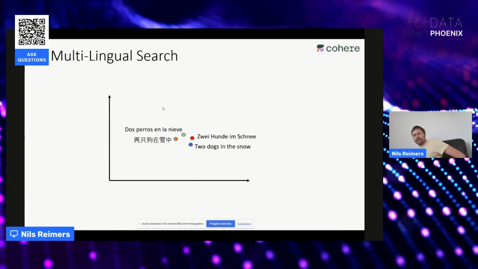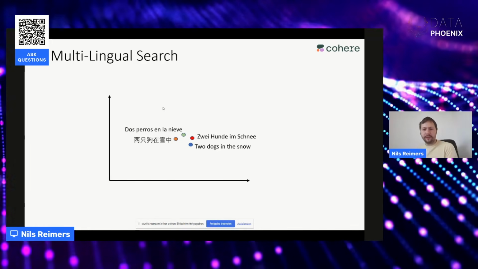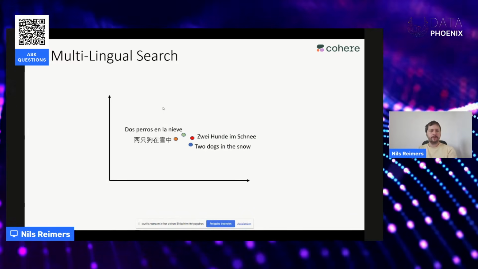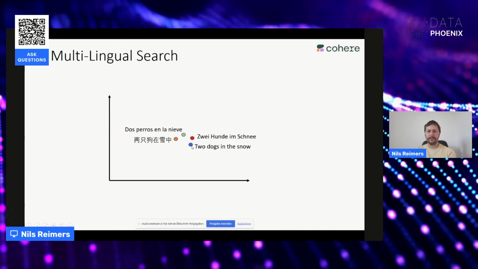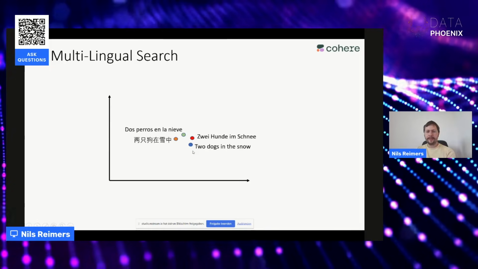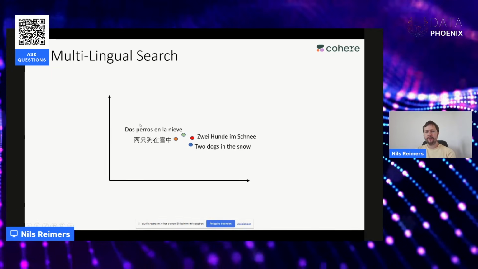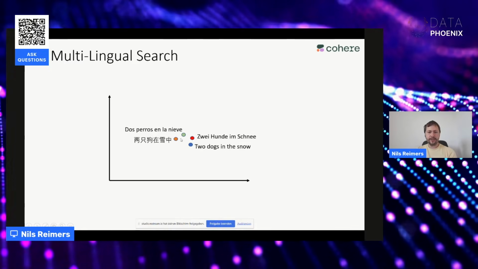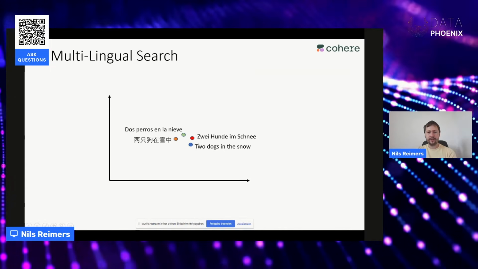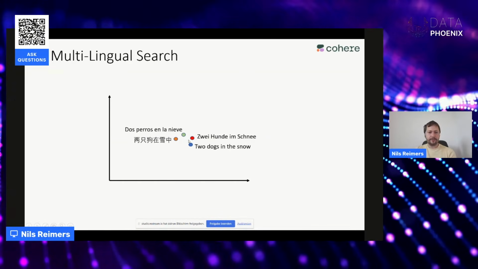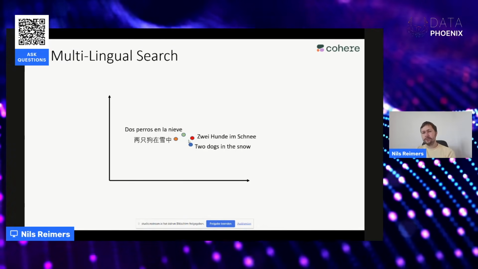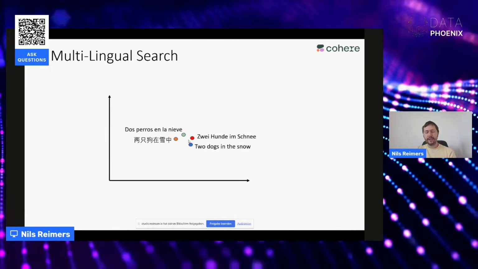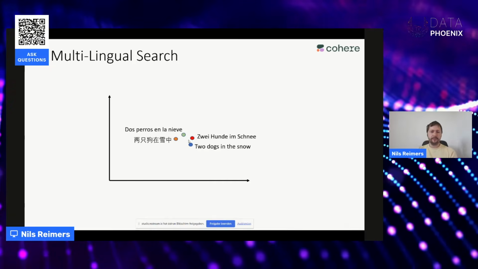The nice thing here is it's not grounded in words you put in a vocabulary, but it's grounded in this vector space, which makes it suitable to work across languages. So if you have the English text, 2 dogs in the snow, or the German, 2 Hunde im Schnee, or the Spanish version, or the Chinese version, it's just projected into the same point in the vector space, or close to the same point. And then you find the relevant information. So it doesn't matter in which language you search or in which language your information is. You can just do it in one of over 100 languages, and it finds the relevant information for you,